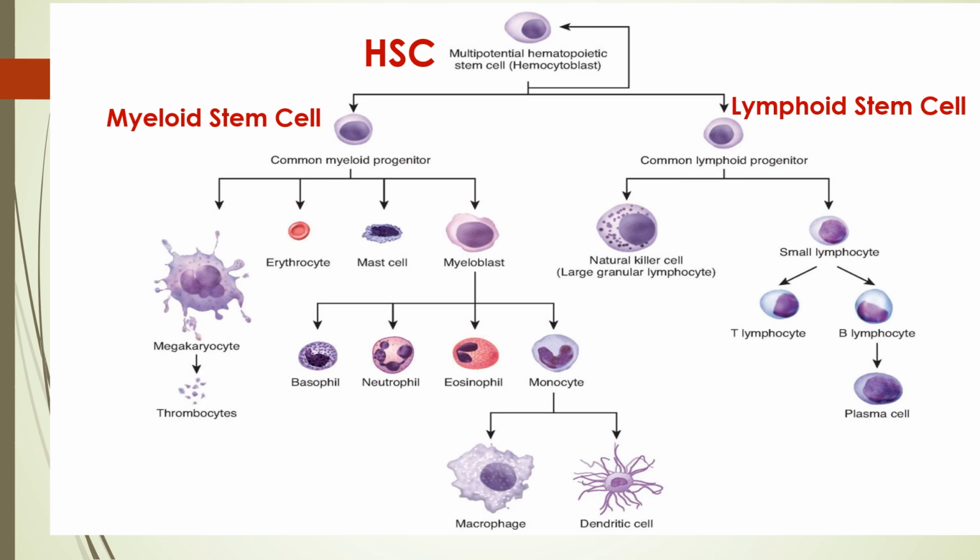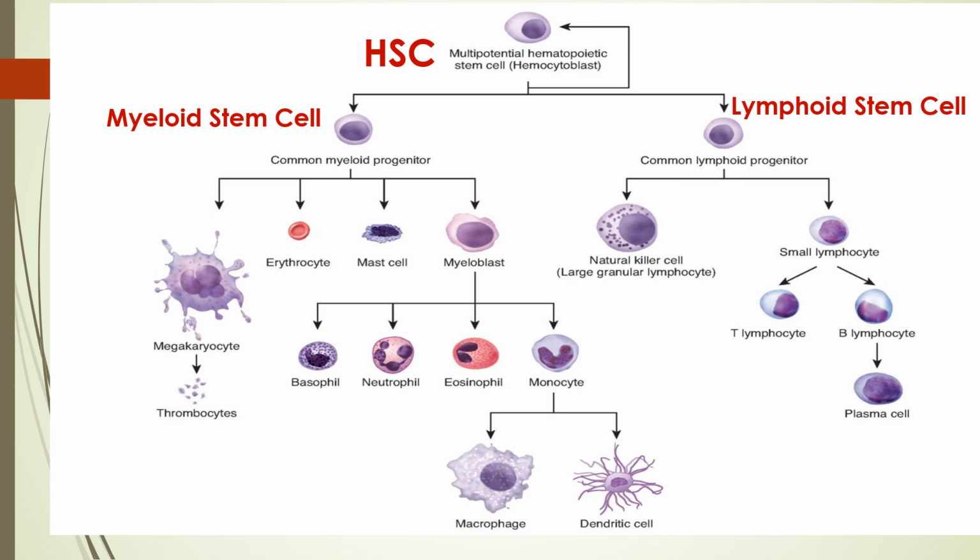In addition, it gives rise to a large cell which is called megakaryocyte. Mega means large, karyo means body, cyte means cell. A cell with a large body which only lives in bone marrow. It matures in the bone marrow and then it fragments or breaks into small pieces which are called platelets. These platelets are so small, they sneak into the peripheral circulation and they perform their function. The other name for platelets is thrombocytes.